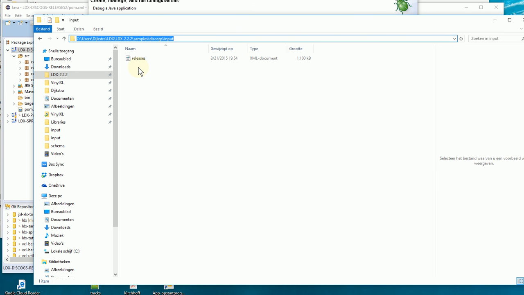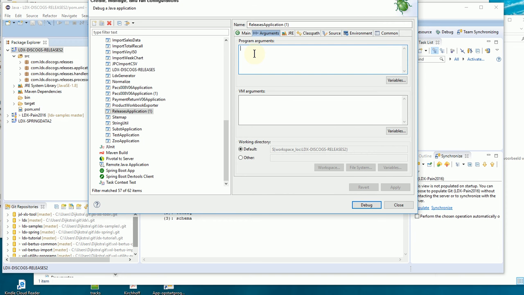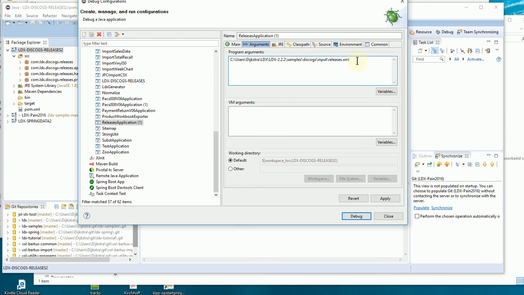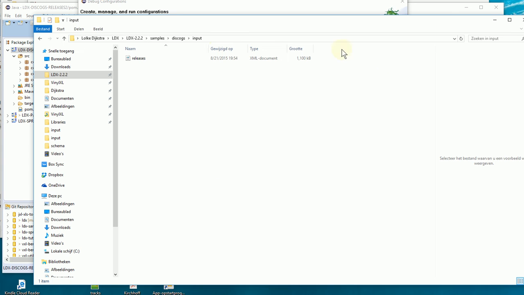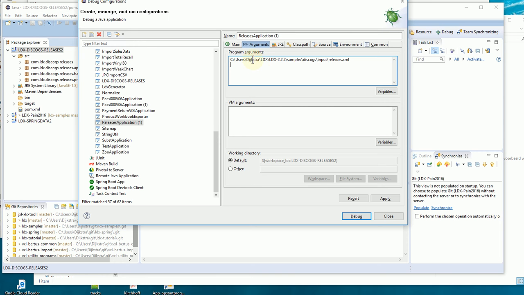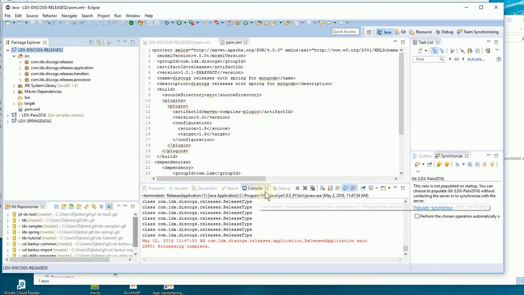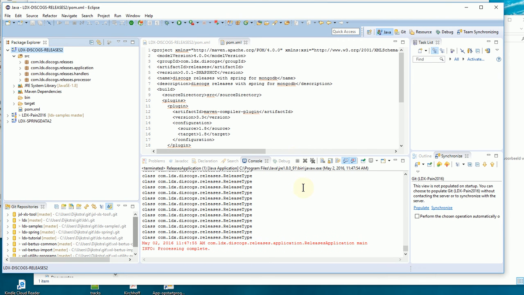So that one is releases.xml. And the second one is the properties file, which is releases.prop. And if we apply that and run that, I would expect it to print out the class name that it sees